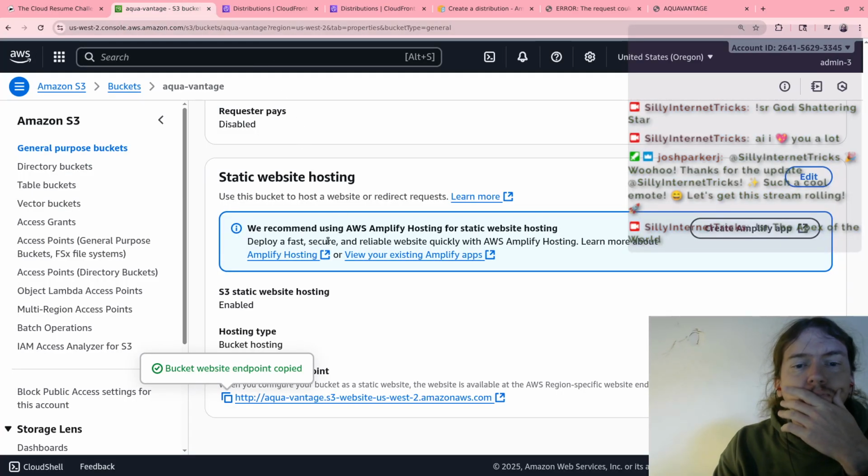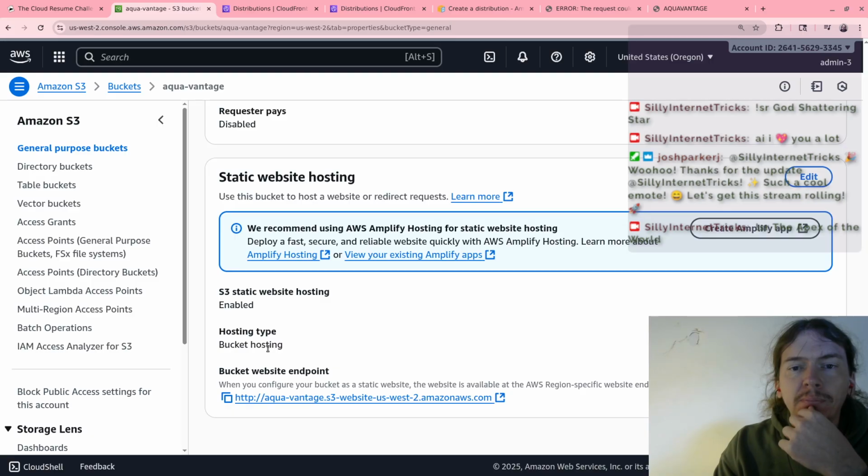So, bucket website endpoint copied. All right, so if we do this, it's going to take care of some kind of issue, probably, but probably create many more issues. Let's just see what it says.